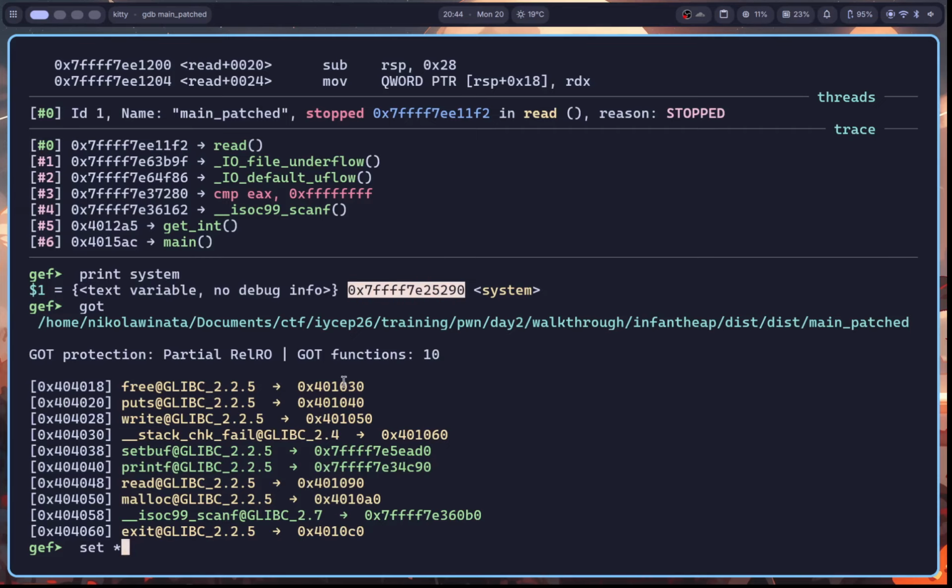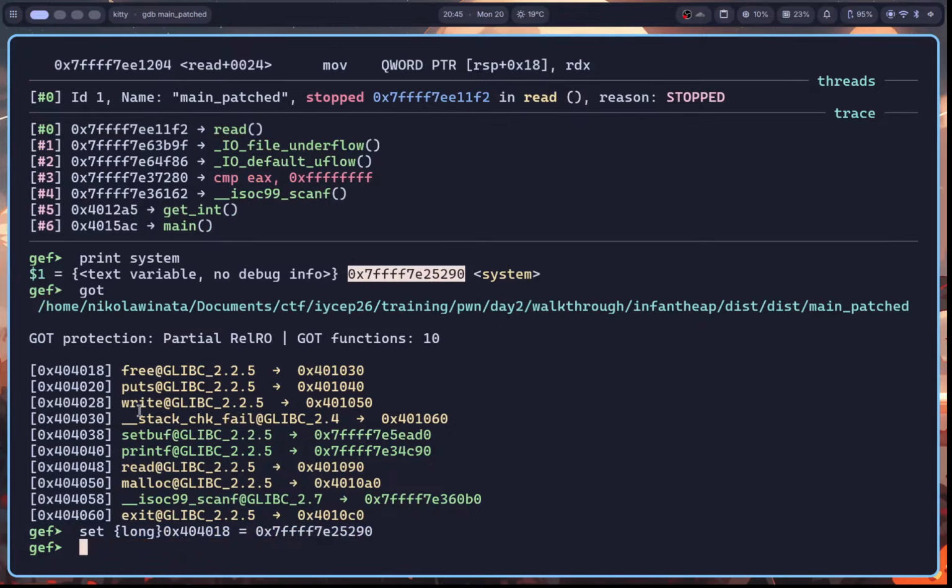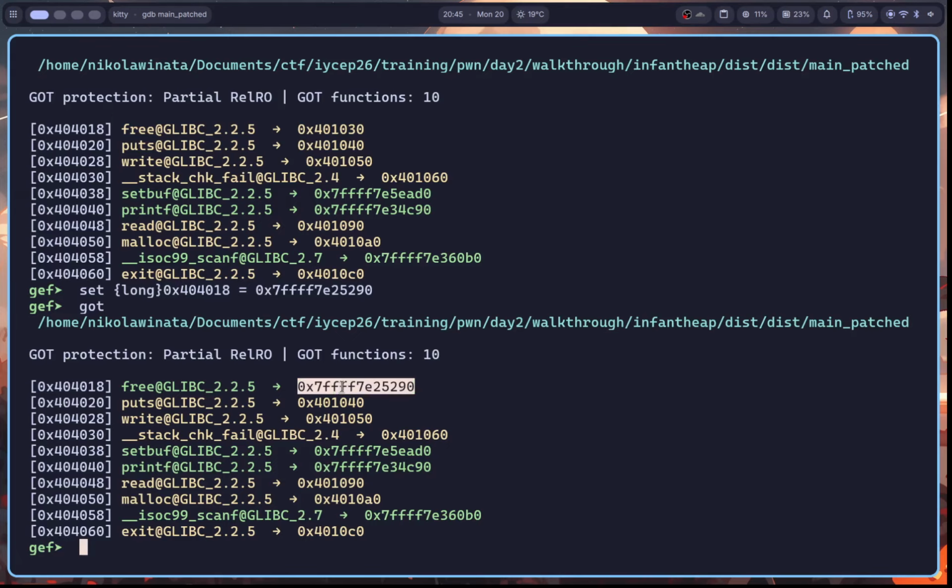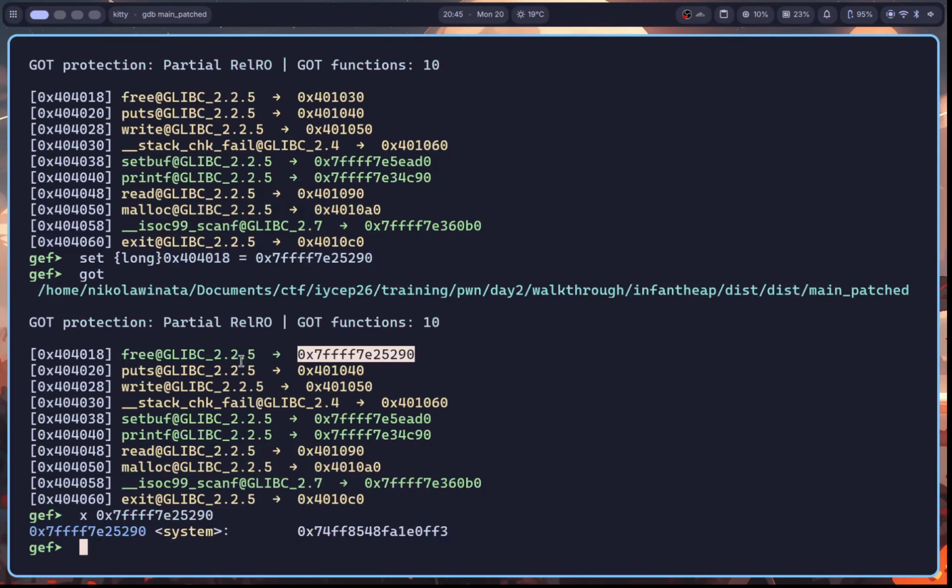Let's choose free. I'm going to set this to this address over here. Okay, so just to check, let's run the GOT command again, and you'll see that we've overwritten this GOT entry